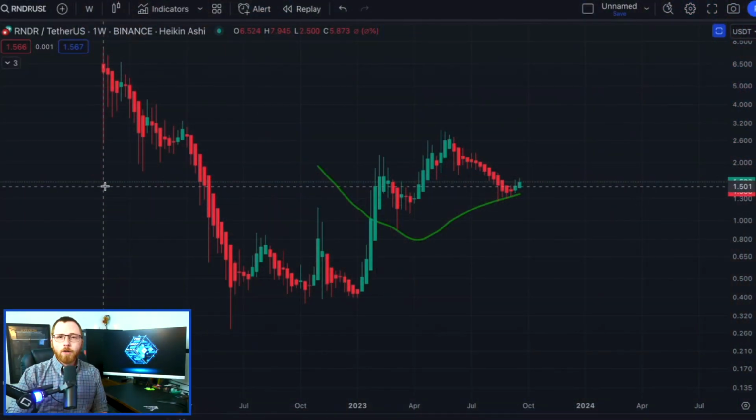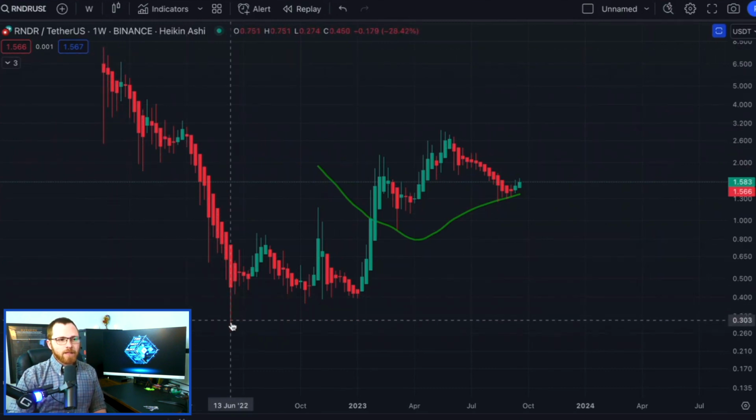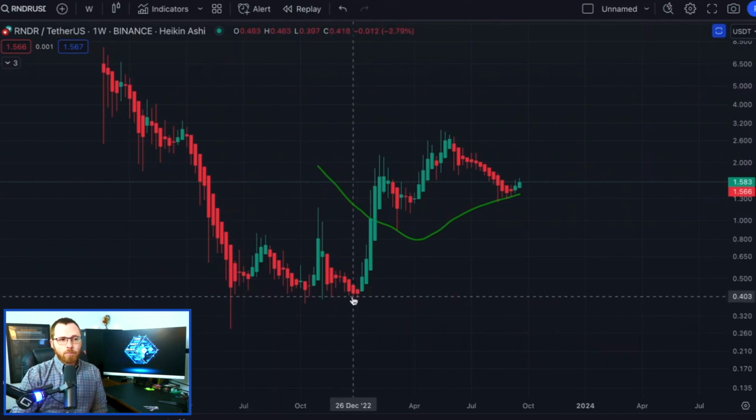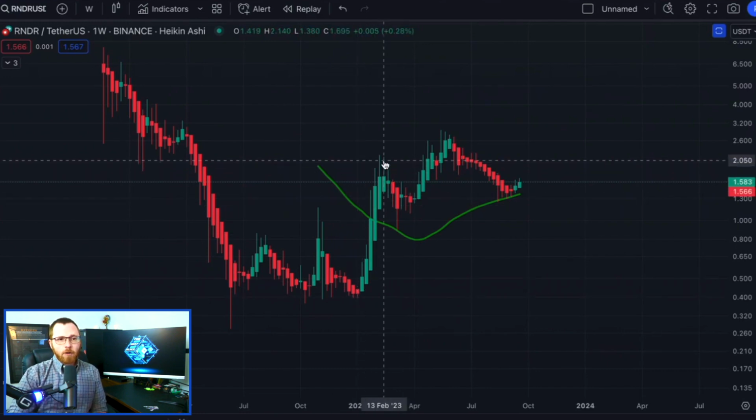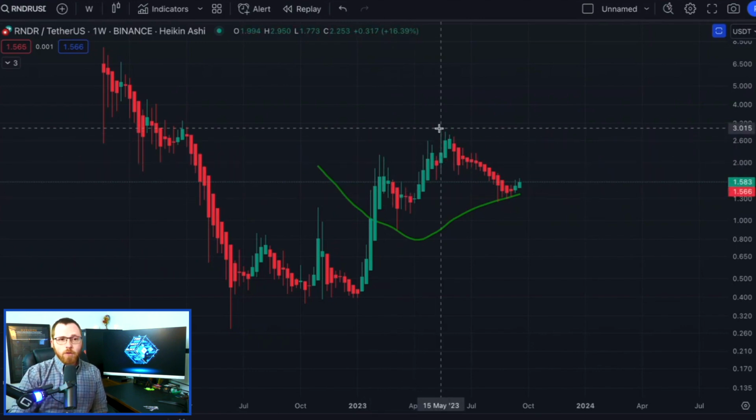So here we have Render on the weekly time frame. It launched on Binance back in November of 2021, reached a high of about $7.57, and came all the way down to about 27 cents back in June of 2022. Since then, it found a pretty strong bottom around 40 cents, and blasted off all the way to about $2 in February of 2023, had a nice correction, went further up to about $3 in May, and has